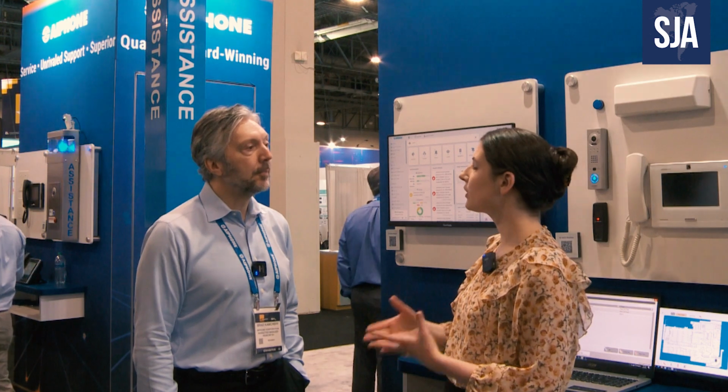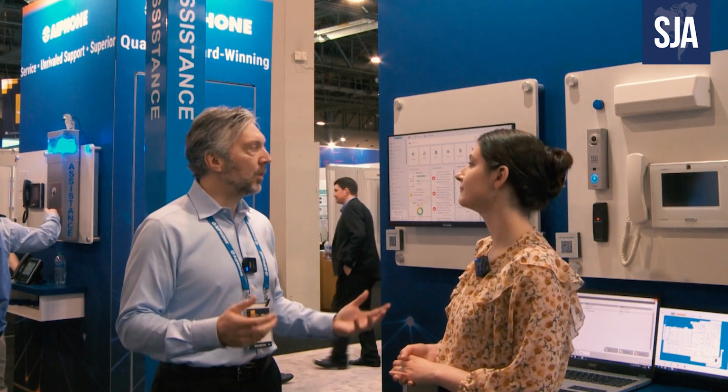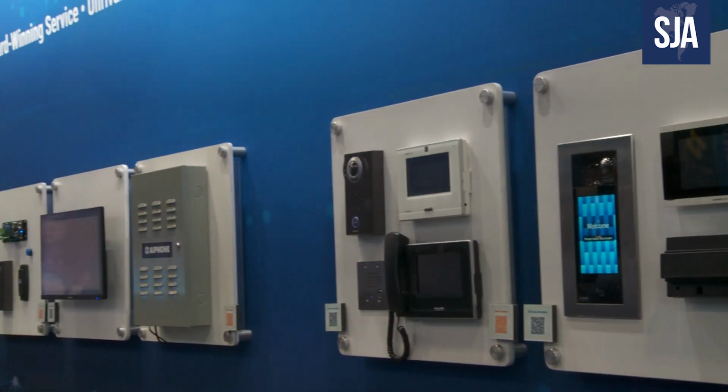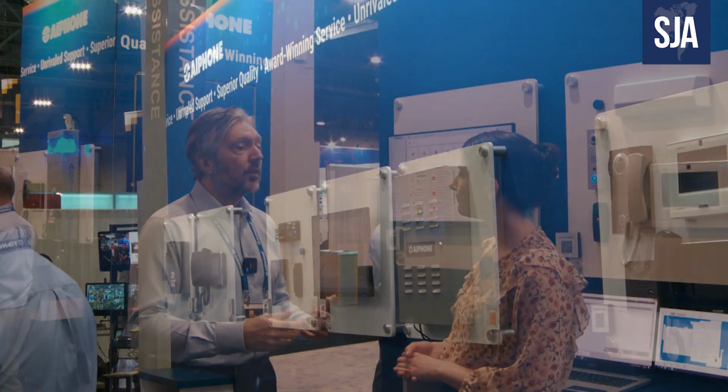Fantastic. What kind of trends are we seeing with intercoms at the moment? Well, of course, everything's IP based. We're seeing a lot of people want to do a lot of integration: integrating with access control, CCTV, burglar and fire, all sorts of things. In fact, we've just released a new access control line that integrates directly with our intercoms. And we're seeing a lot of really interesting applications with that. So for example,